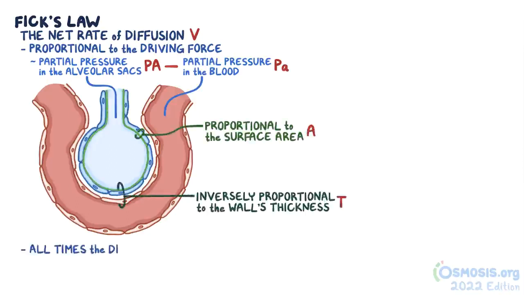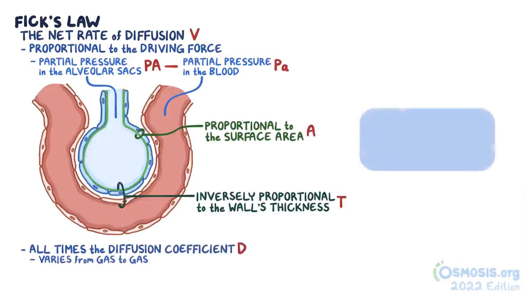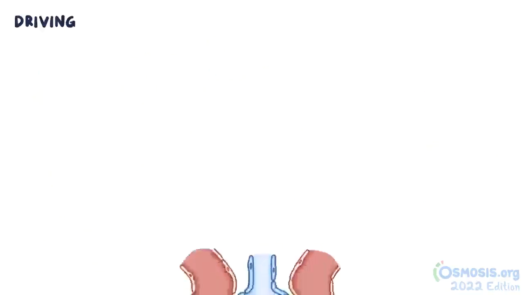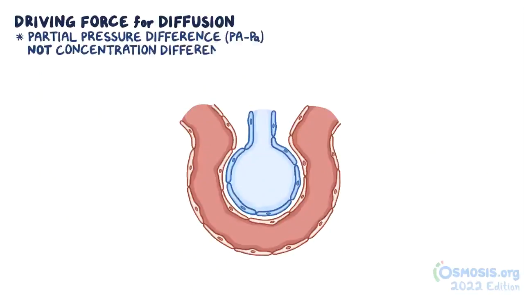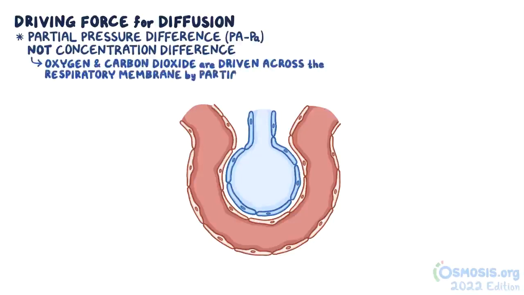And this is all times the diffusion coefficient, D, which varies from gas to gas. Therefore, V equals (P capital A minus P little a) times D divided by T. Specifically, the driving force for diffusion is the partial pressure difference of the gas across the membrane and not the concentration difference. So the diffusion of oxygen and carbon dioxide are driven across the respiratory membrane by their partial pressure